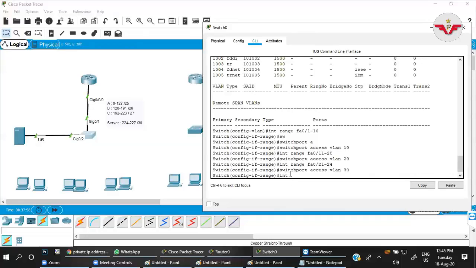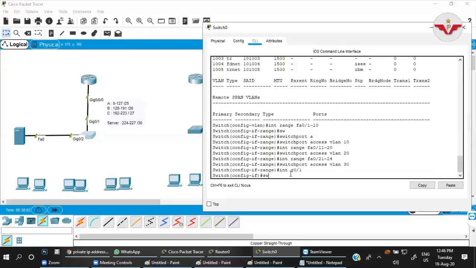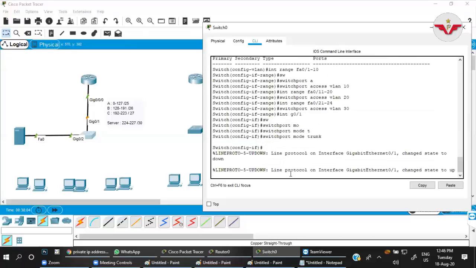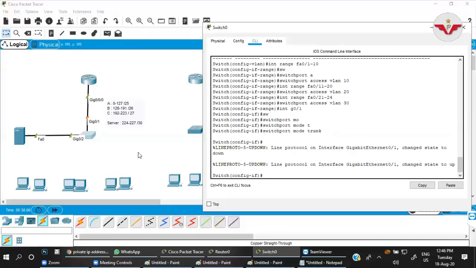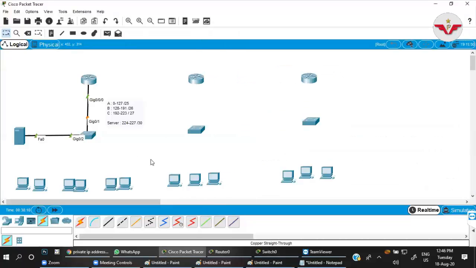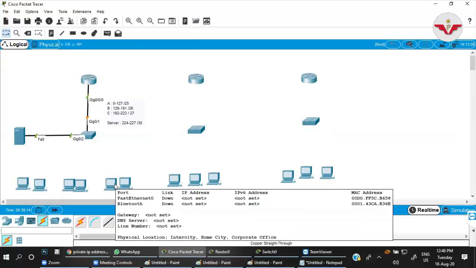Now the port which is connected to the router would be the trunk port. So interface Fa0/1, switchport mode trunk. Done. Now this is the VLAN task which we have configured, but we have to provide the IP addresses automatically.